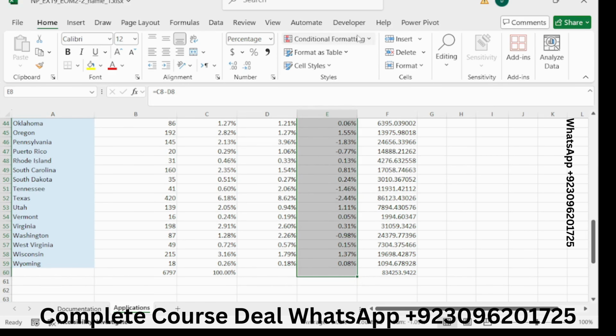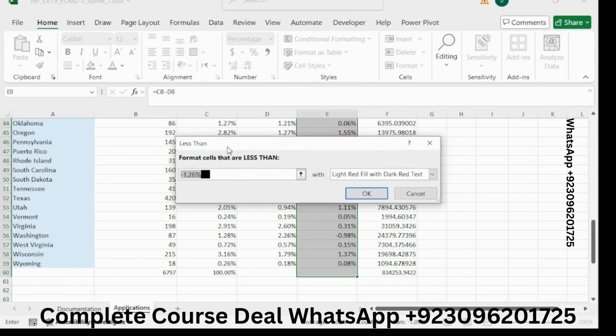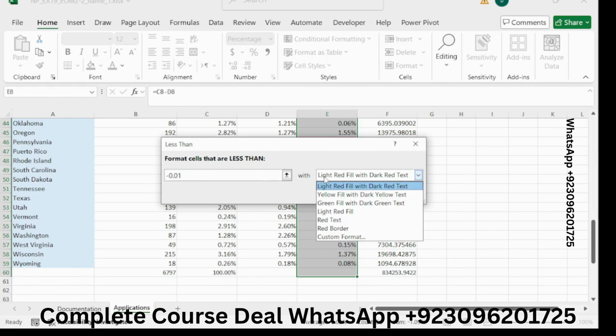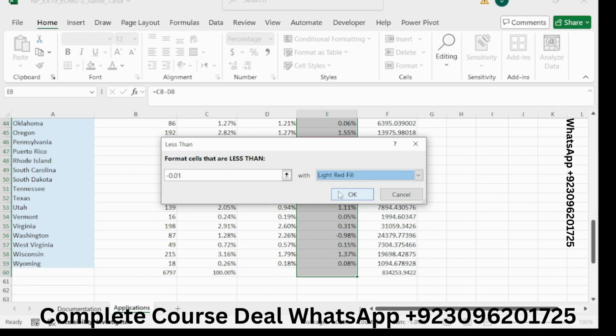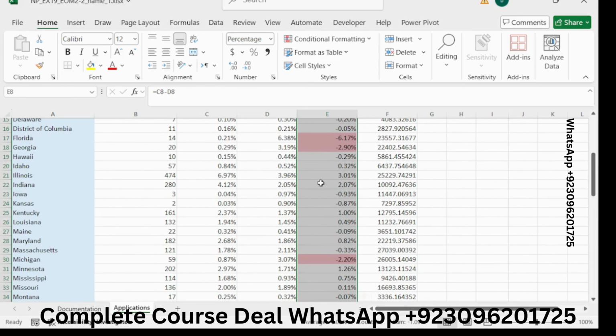Go to the conditional formatting, choose highlight cell rule and specify less than minus 0.01 and choose light red fill. Light red fill and click OK. So we have completed our 13th step here.